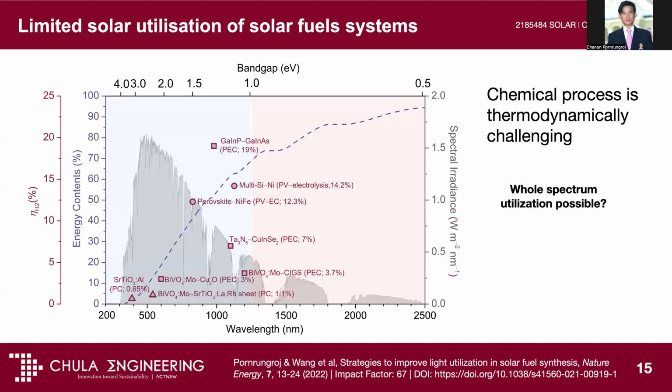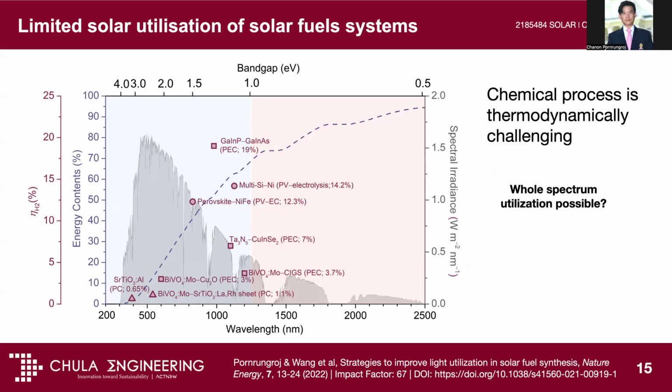Before we go further, I would like to point you to this chart. If you look at the band gap of the materials, and you convert the band gap into the wavelength of the solar spectrum, 1 electron volt equals around 1200 nanometers, meaning that if you have a band gap of 1 electron volt, like silicon, it can absorb anything from 200 to 1200 nanometers. So most of the energy in the spectrum can be absorbed. This is the energy from the sunlight, right? So if you have silicon, which has a band gap of about 1.1, you can absorb this big chunk, this